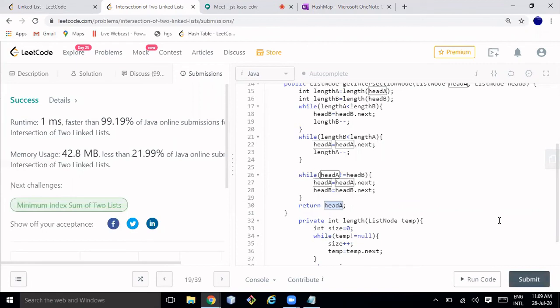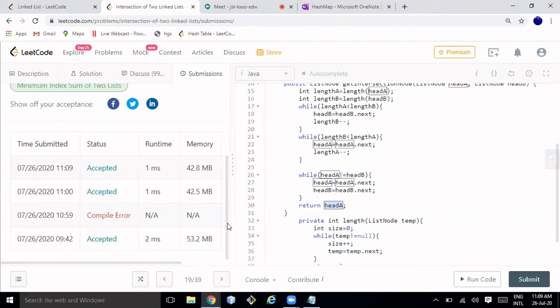Manish, but the constraint was that time complexity should be O of n. Yeah, but here it looks like more than n. I thought there are many while loops. So okay, 2 things.